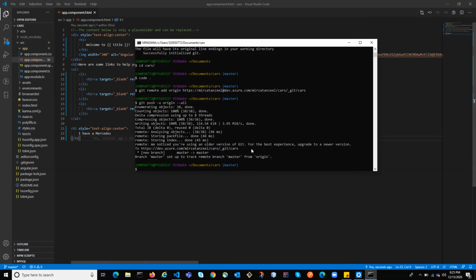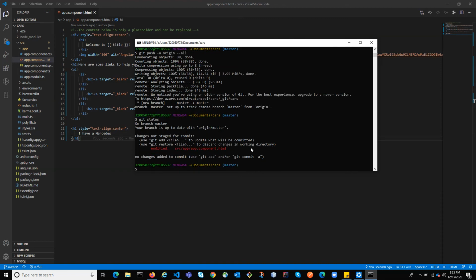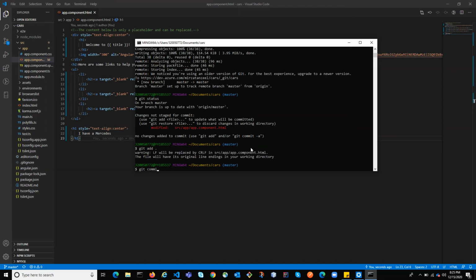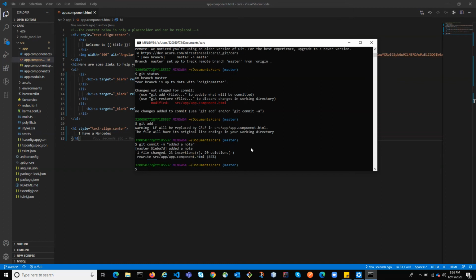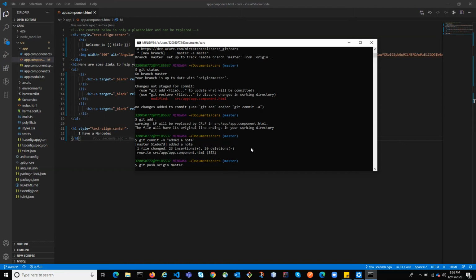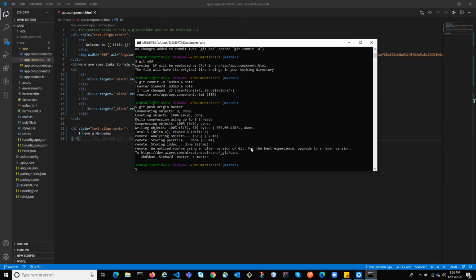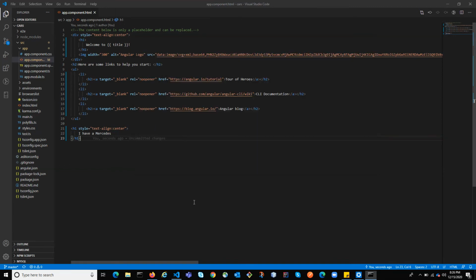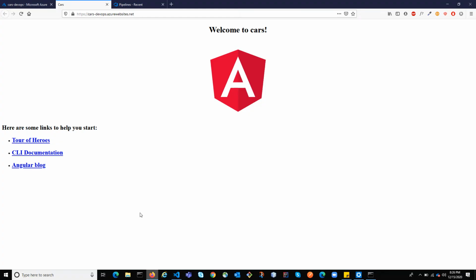Now again what we'll do, git, let me check the status. Git status, git add, git commit, added a note like that, git push origin master. I'm just pushing everything to the master directly, but generally this should not be the case. Okay, master to master, this has been pushed. I'll go back, refresh the page, refresh my website, and